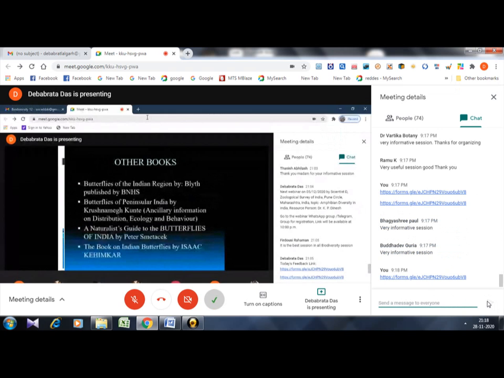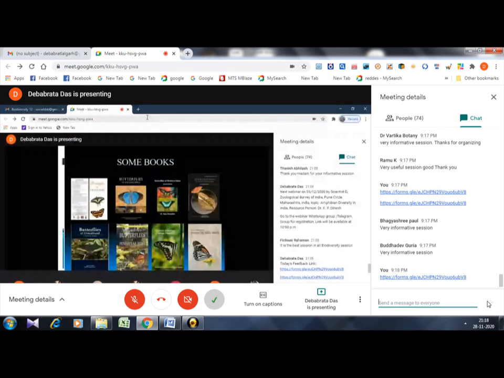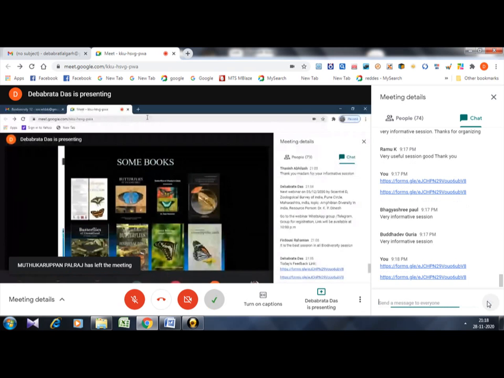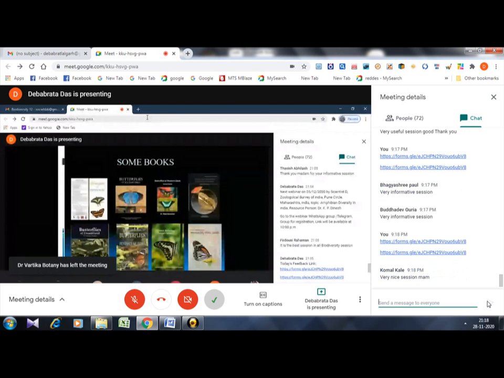Now these are the pictures of the books. If you are from West Bengal, which is where I am from, I tell you that you should use the last two books from this slide, the last two books from the right bottom corner. The Common Butterflies of Bengal Plains is written in Bengali. I will not speak Bengali because it is an international webinar today. So use those books if you are from Bengal.